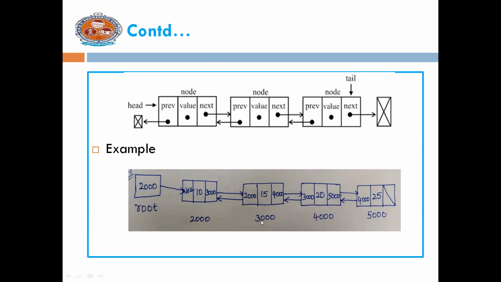While coming to the second node, the actual data is 15 and the previous pointer is holding the address of the previous node, that is 2000, and the next pointer is holding the address of the next node, that is 4000. And similarly, if you come to the last node, it is holding a data value 25. The previous pointer address value is 4000, whereas the next pointer is null, which indicates it is the end of